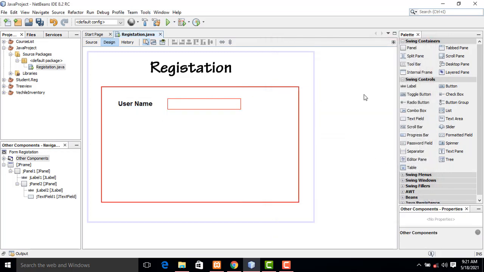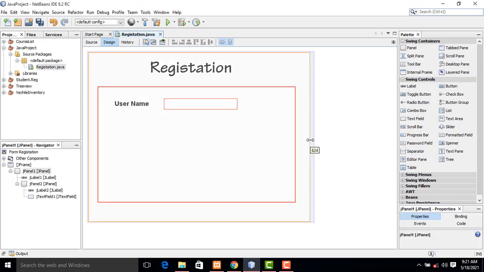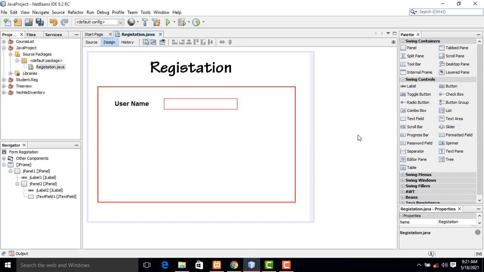It's a nice user interface. This is how we have to change the user interface overall, right? It's a nice, colorful Swing application. Now the same thing: if you want to change any other color, you will be able to change. If you leave it as the same color, it's nice.